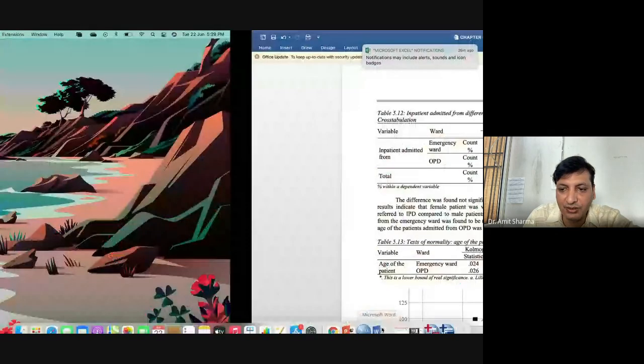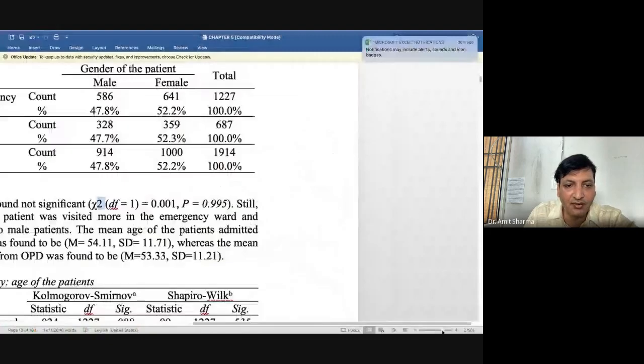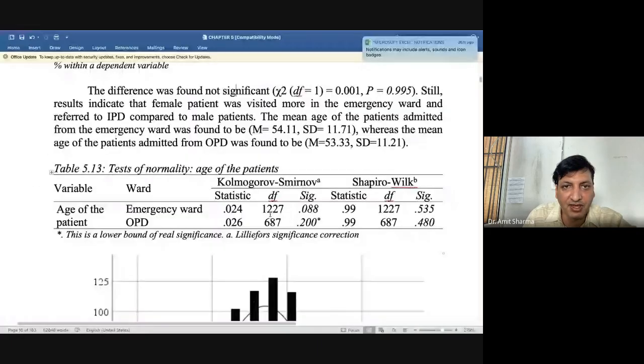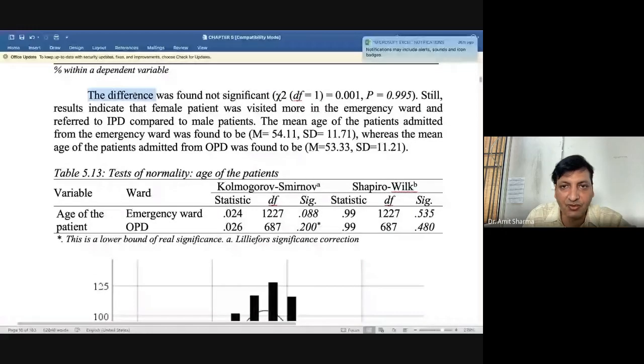So I was discussing how I have proceeded with writing the results. Whenever we have a significant result, directly we write that the difference was found significant or not significant, by writing the results in a single line.